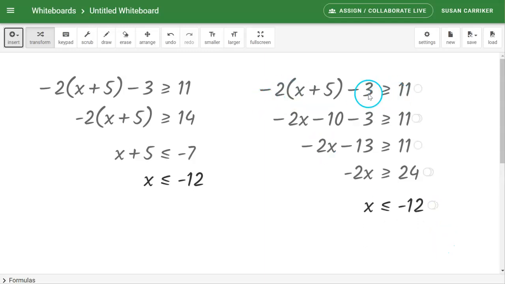So let's see if we got it all. We distributed -2 and got this. We combined these two numbers and got this. We added 13 to get this. We divided by -2 to get this. And that's all I need. I don't need any more. So let's go ahead and leave this alone, and we're going to screen capture this and put it onto our